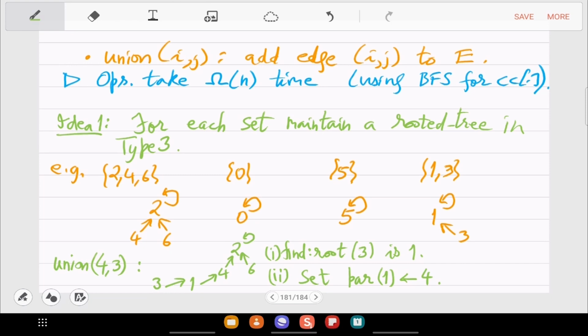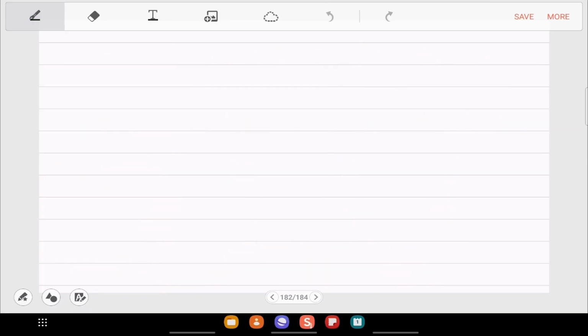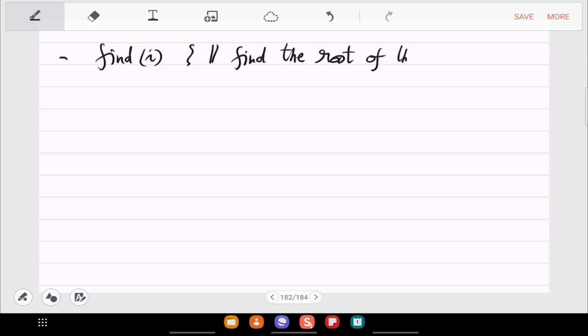So let us just jump to the pseudocode then. So find(i) finds the root. So what is that code? Find the root of the tree having i.